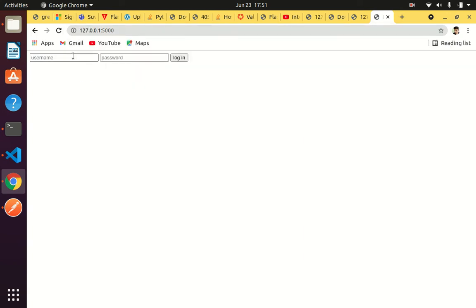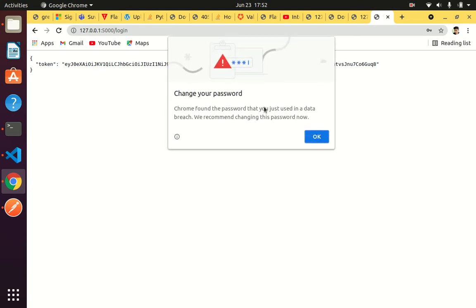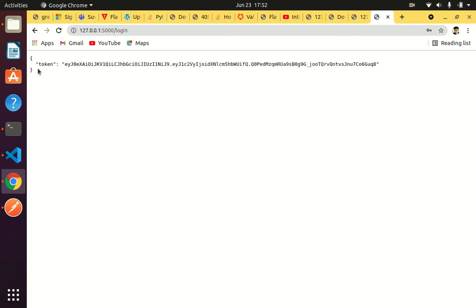Okay, I'm not logged in. I have to log in with my valid credentials, username and password. I hit enter. I got the token. Each time it is supposed to generate a new token, but for simplicity, I'm just creating one single same token.